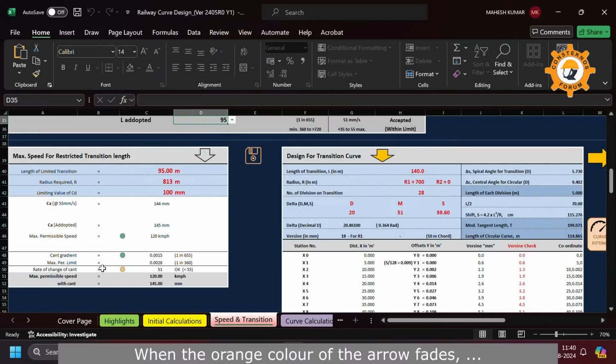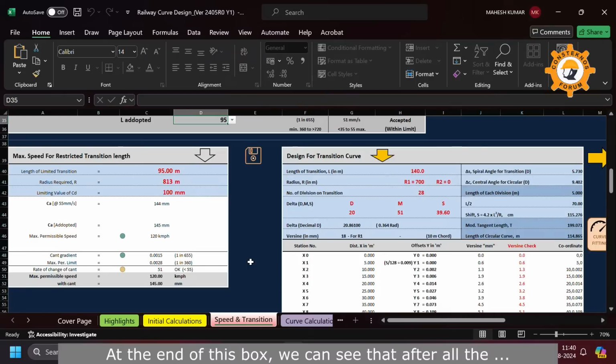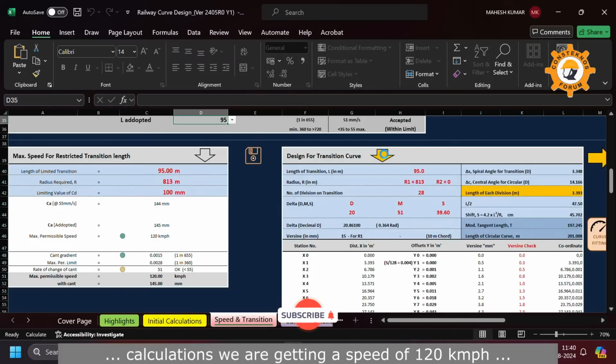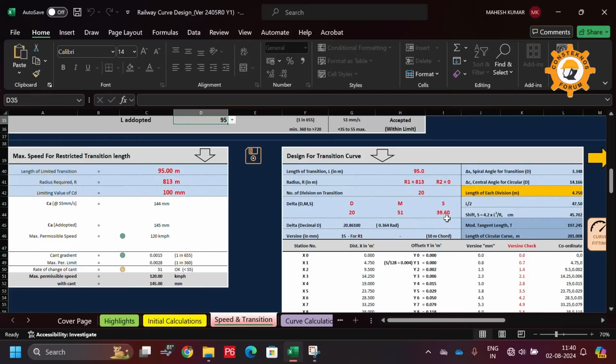When the orange color of the arrow fades, it indicates that the data has been pulled. At the end of this box, we can see that after all the calculations, we are getting a speed of 120 kmph with a cant of 145 mm with this restricted transition length.